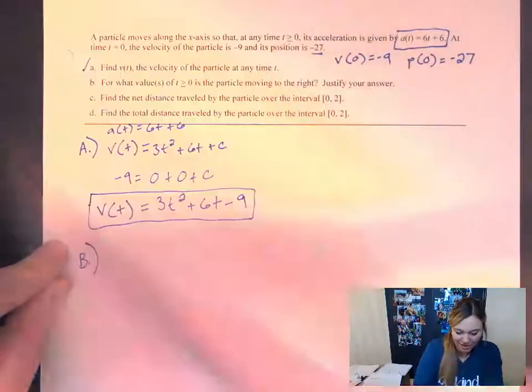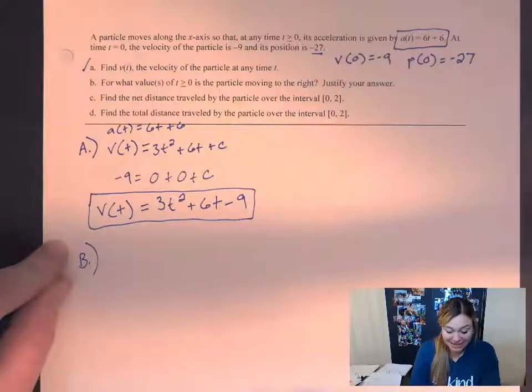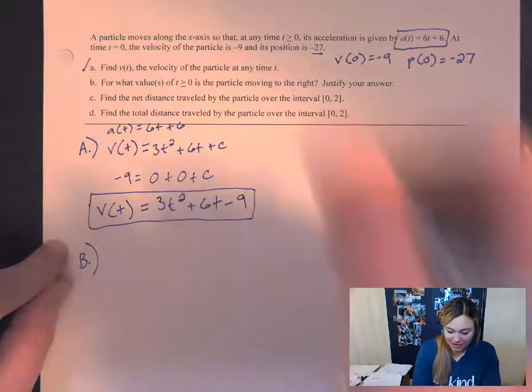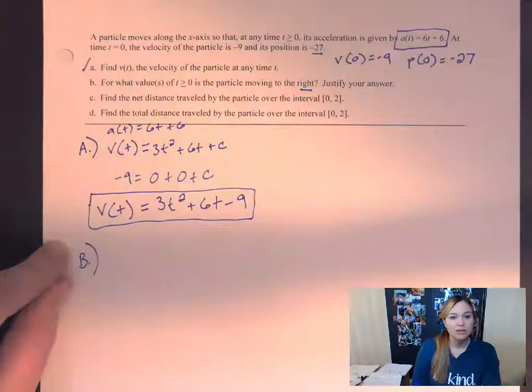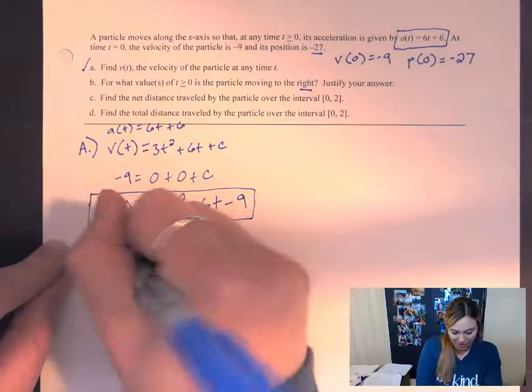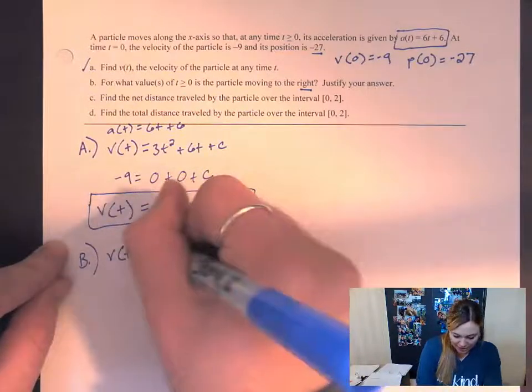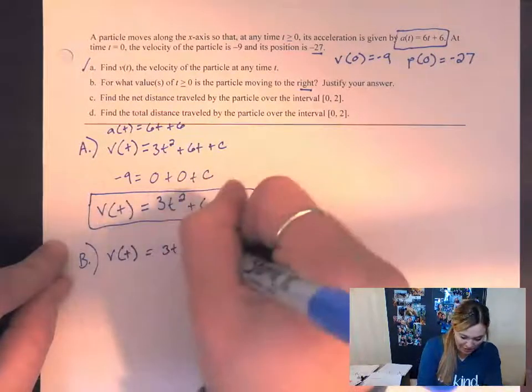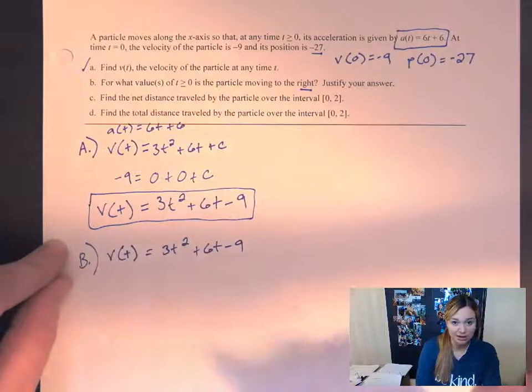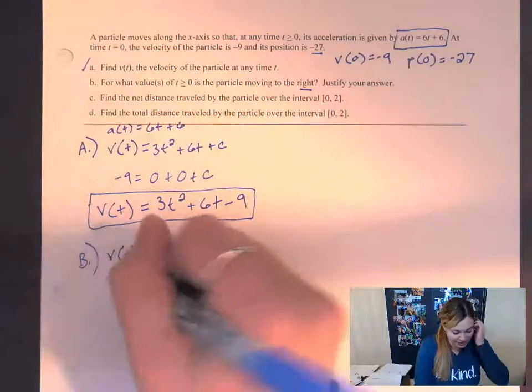We did A. B is for what values of t greater than or equal to 0 is the particle moving to the right. So I need to figure out where the particle changes direction. Is there any time when t is greater than 0? I know velocity is 3t squared plus 6t minus 9 because we got A. If I set this equal to 0,